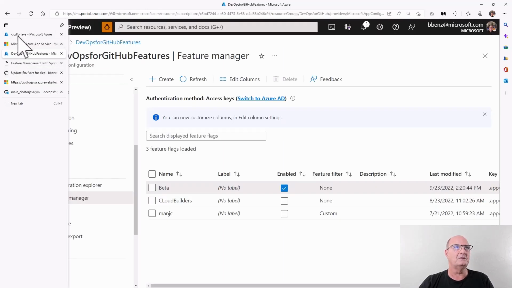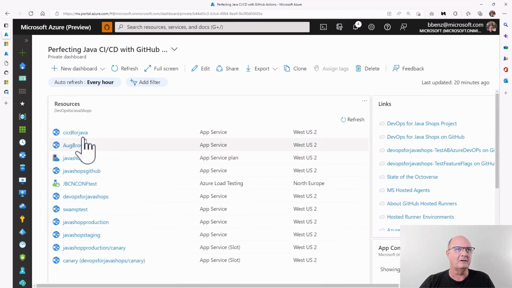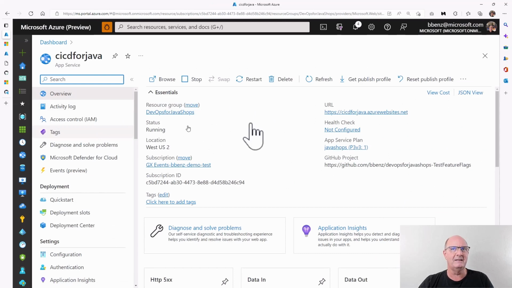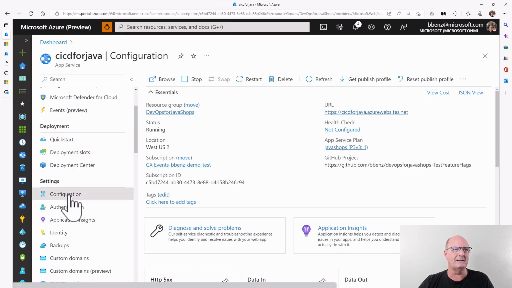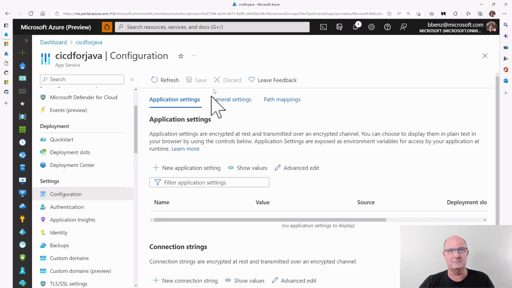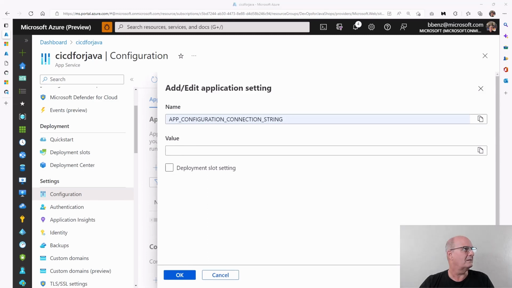So let's go into our resource group over here again. As I mentioned, that's the reason for putting in the resource group, so I can find it easily. So the web app itself is there, everything's running, it's cool, but inside configuration, we have to set up a connection between the feature manager and the actual application. So let me just copy, I've got a copy of the connection string over here.